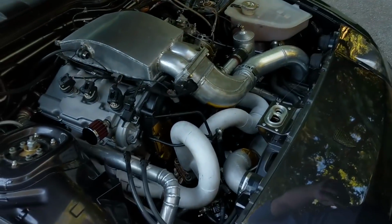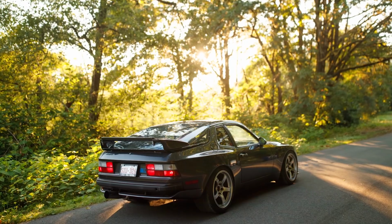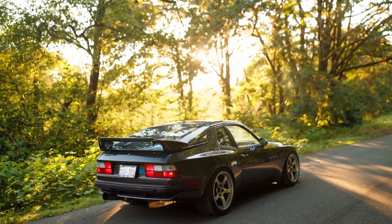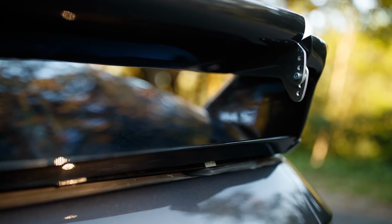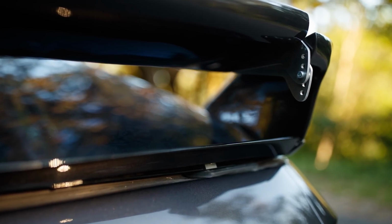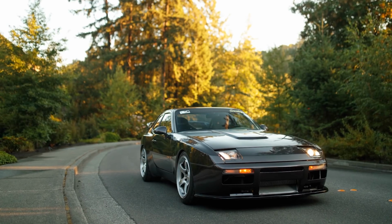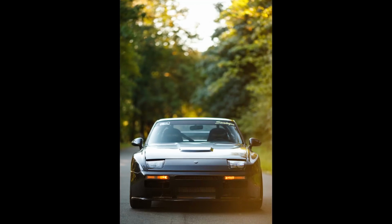So where did you move the brake booster, then? I don't have a brake booster anymore. I have dual master cylinders with a balance bar. I've modified the pedal ratio on the brake pedal. And then I've got a Wilwood balance bar that stacks the two master cylinders vertically. Yeah, that's awesome. And I drew up an adapter to bolt that to the firewall and just had it water